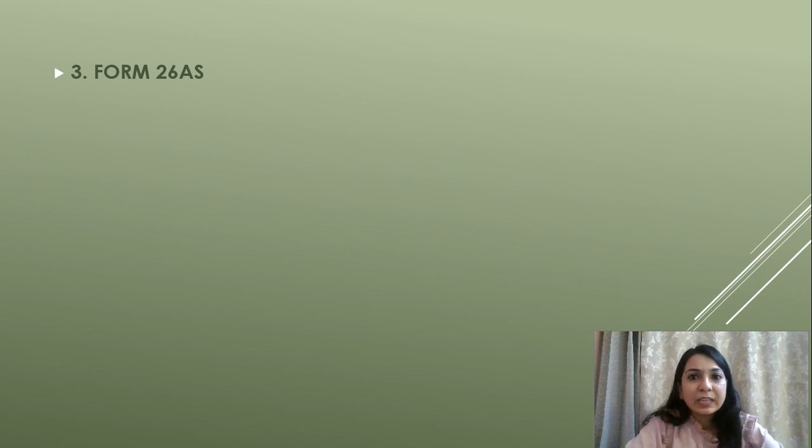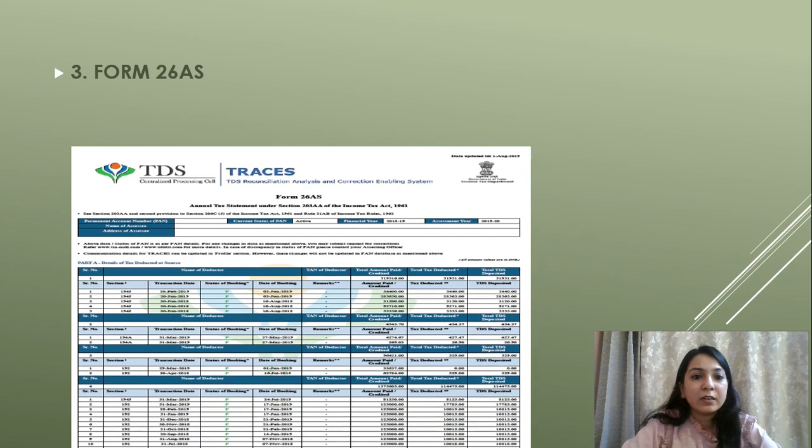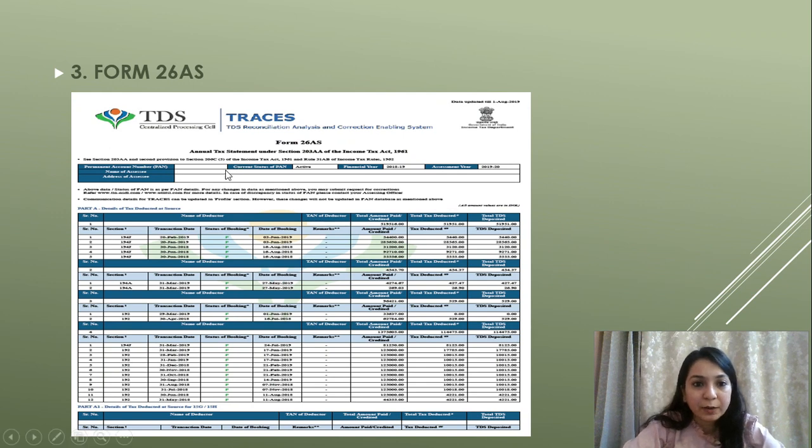We can see in Form 26AS that our employer's name would reflect there along with the salary paid and the tax deducted. Similarly, if we have got interest from FD, the bank generally deducts tax on that also. So we can always check how much interest we have got in a year and how much tax has been deducted in a year. Here we see a sample of how it looks.